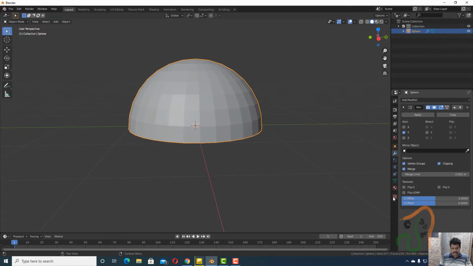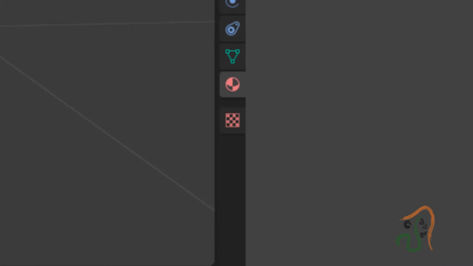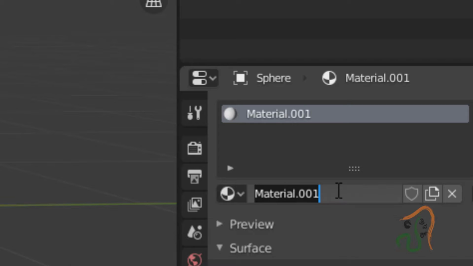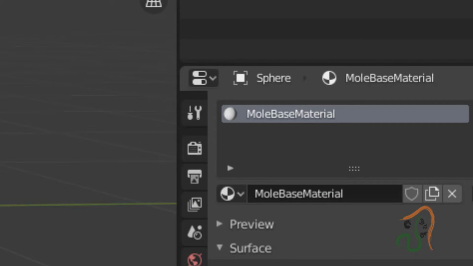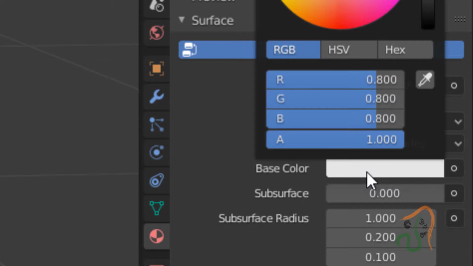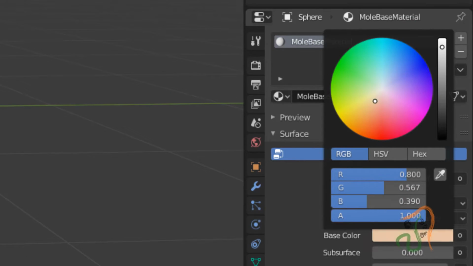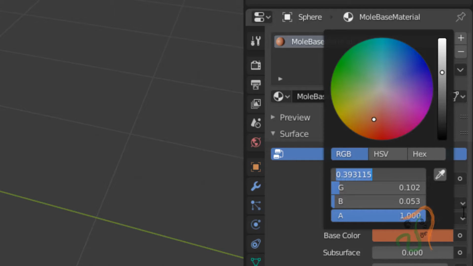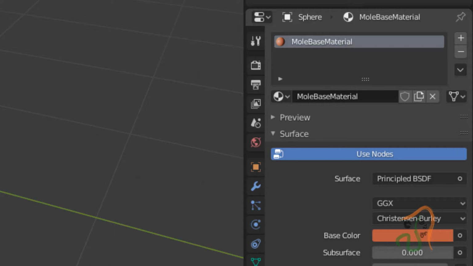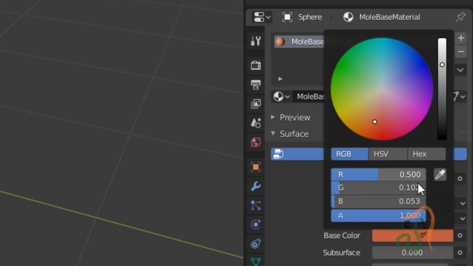Before we start the modeling, come here to materials, and in materials create a new material. Give it the name mole base material, and clicking it here, let us add a color. Let us add a dark brown color, some brownish tint. We are going to reduce it to 0.5, and the final value is red 0.5, green 0.1, and blue